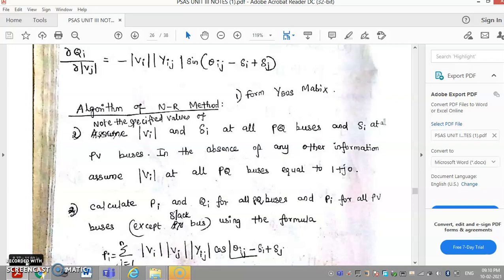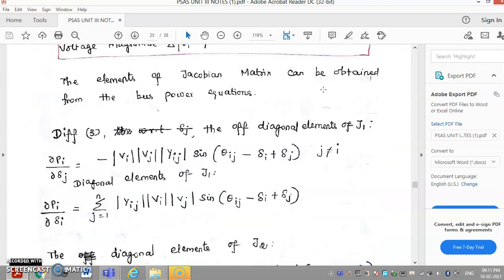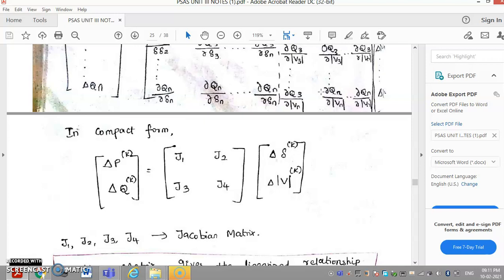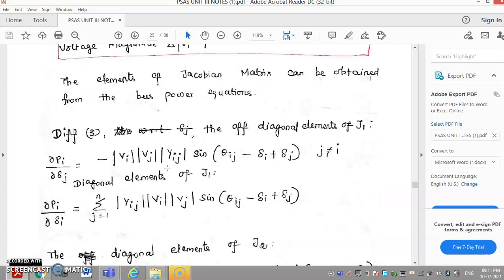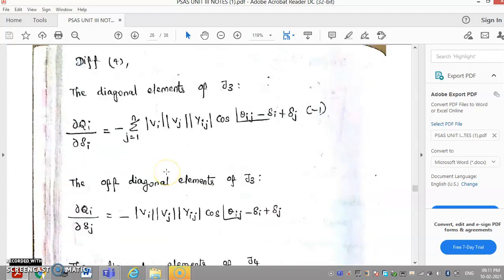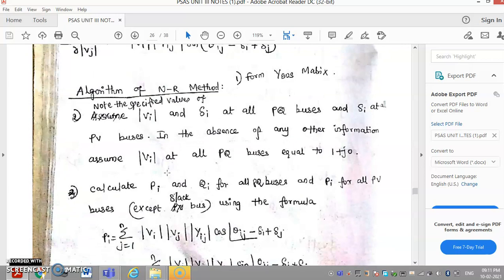In the previous class, we discussed the derivation for how to solve the problem using the NR method. We derived the Jacobian matrix and the elements of the Jacobian matrix. In compact form, we have derived the equation, and today we are going to discuss the algorithm of